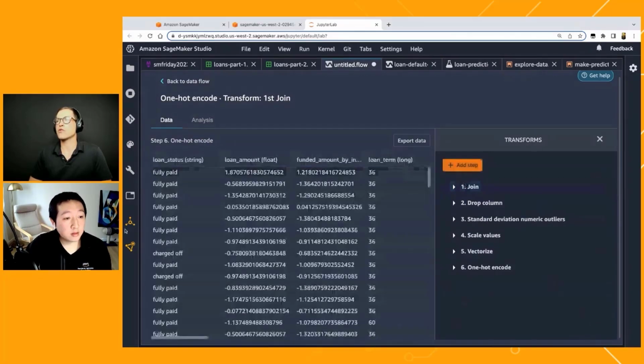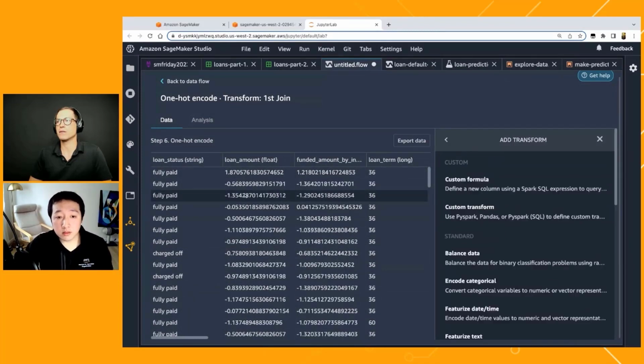Mm-hmm. So you mentioned before that there was a big imbalance. How could we solve this with Data Wrangler? Yeah, so this imbalance, as we see in the loan status, this data set is predominantly filled with customers that have fully paid off the debt, right?